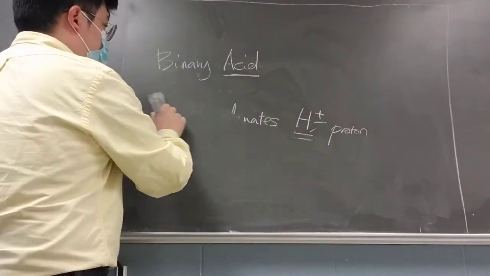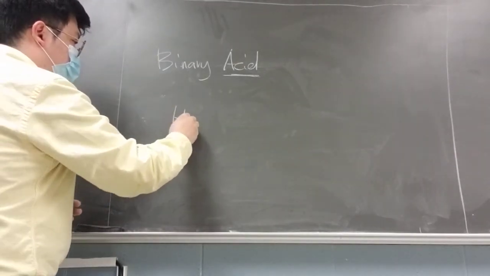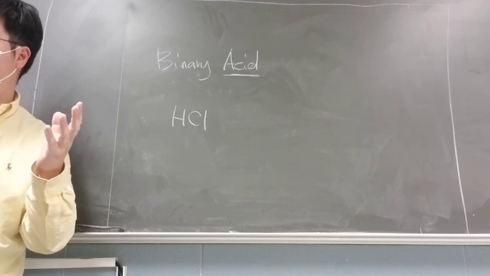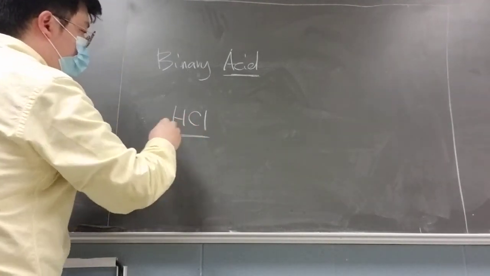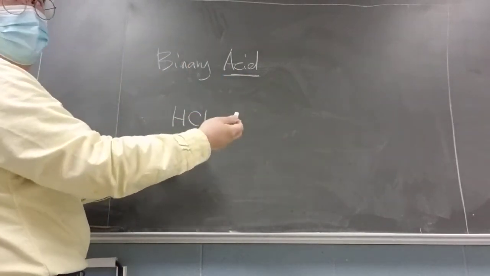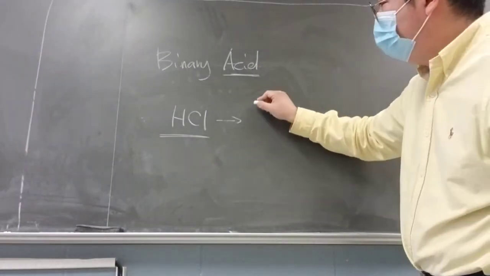Let me give you some example here. So if you look at the HCl, do you guys know what this is? This is a very strong acidic compound. It is very strong because when it goes into the water, it becomes ionized, meaning it's going to break apart into two ion forms, which is cation